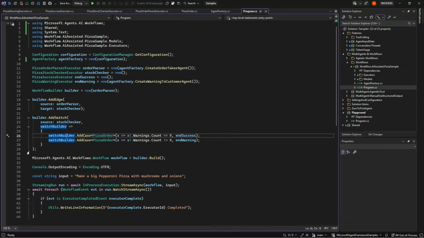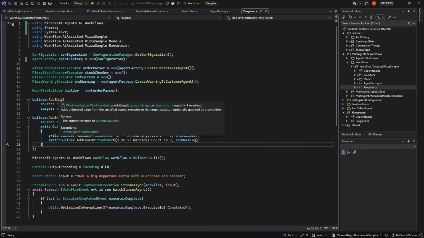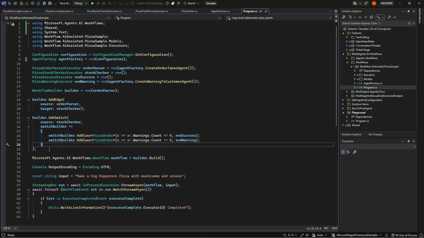The way we branch is we build an add switch, and we do a switch builder, where we add a case that says if the warning is 0, then it's a success. If the warning is different from 0, then it's a warning. And that is actually everything to define our workflow. But you can imagine you could make a much more advanced workflow if you wanted to.